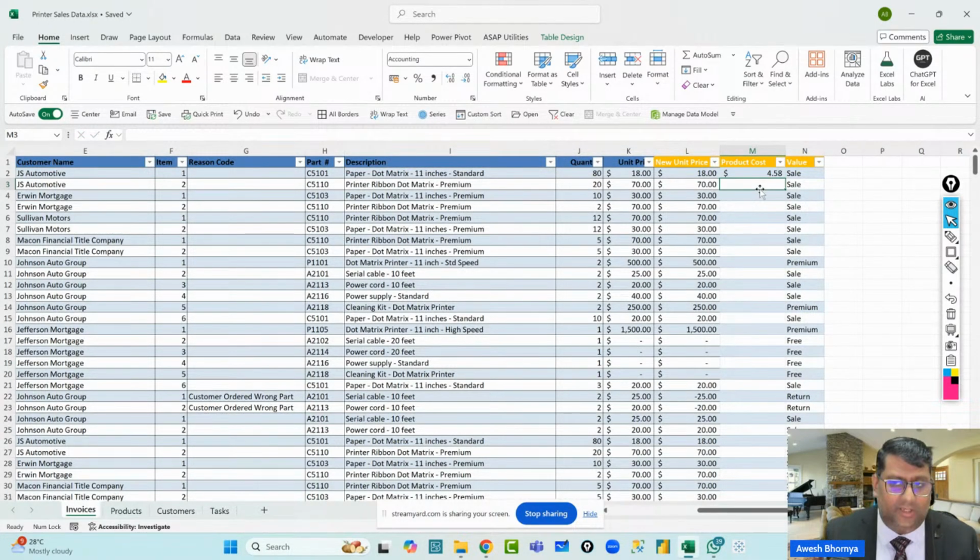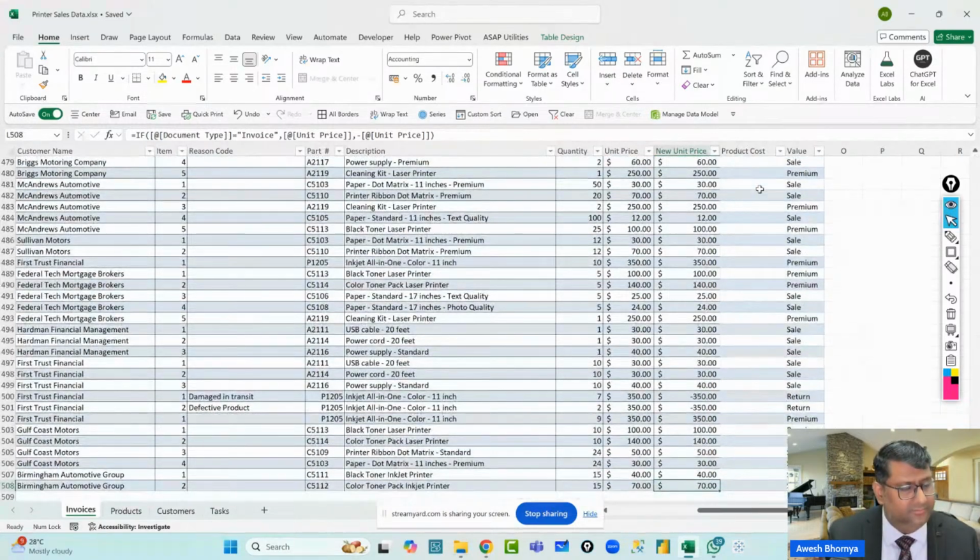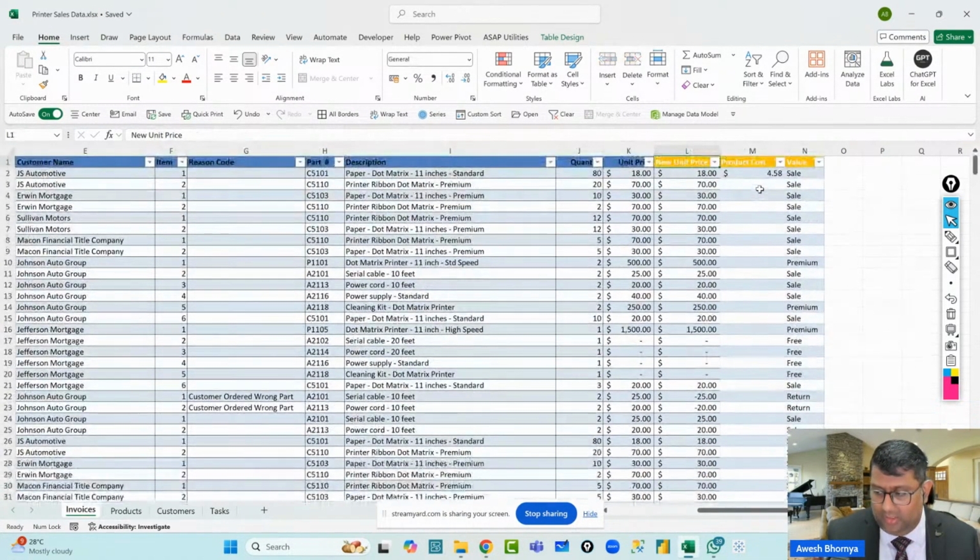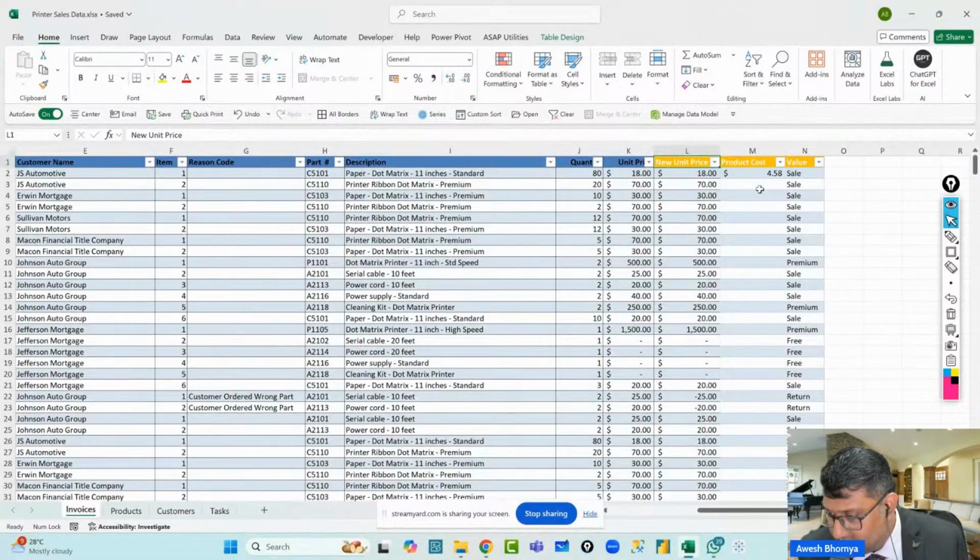Now this is to be done for the entire 500 sales records or sales transactions, you can say. Now obviously this is not going to be possible to complete, right? Can you also show a formula for Excel which doesn't have the IFS function?